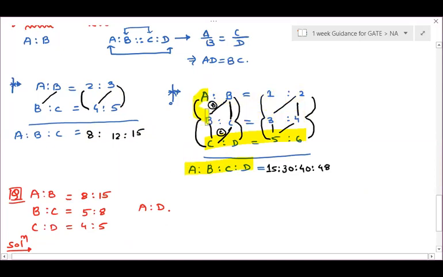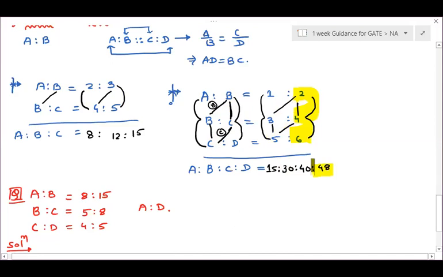So first, just find this, right? This is your first symbol for A, that is 3 1s are 3 into 5, 15. Second symbol is this, it is for B, 2 3s are 6, 6 5s are 30. Right. Third symbol is this, right? That means you have to multiply this. This will give you C, 4 2s are 8, 8 5s are 40. And this will give you D. 6 4s are 24, 24 2s are 48.